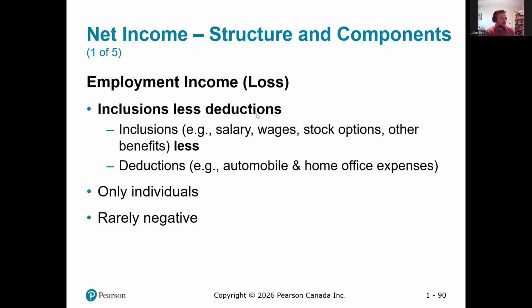Employment income will include salary, wages, stock options, less certain deductions, and we'll discuss those inclusions in chapter 3. Employment income is usually only given to individuals, and it's rarely negative. If you have continuous employment, it's very rare that your automobile and home office expenses will be more than your